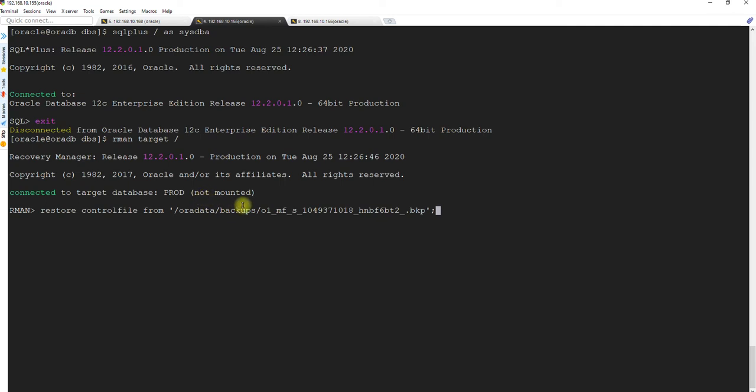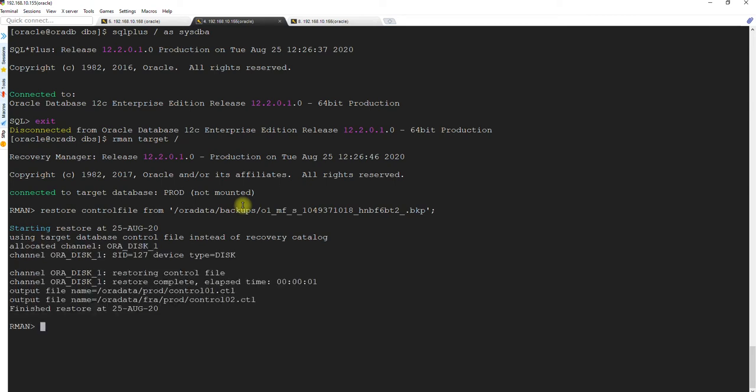Okay, so let's do it. Let's see if it goes fine. Yeah, so it has actually restored to the proper location. What we would have done is, because we will be eventually changing the name to pat, I would have restored it into pat. You guys can do it at home as a project, to just change that directory structure to the data slash pat slash, right? So that you restore it to the proper place. So now the control file is restored.